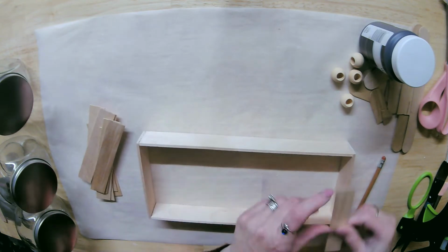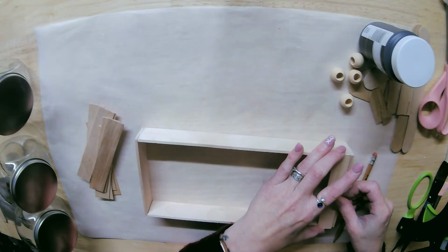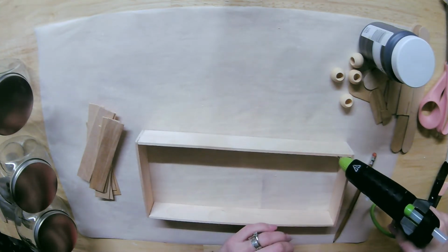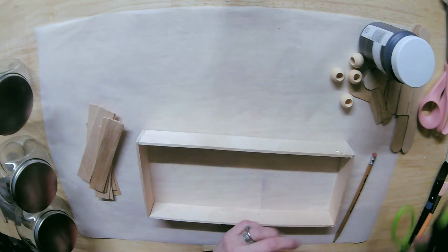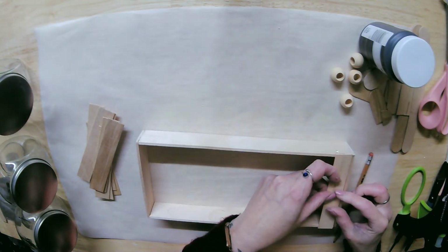So now we're going to glue on our bottom. Now, if you really want to, you could use the method that I usually use and use some wood glue and hot glue. But this isn't going to have a lot of weight on it, so I think just the hot glue will be fine in this case. So this one I'm just going to line up here at the edge